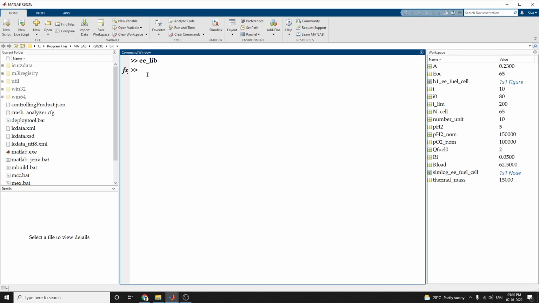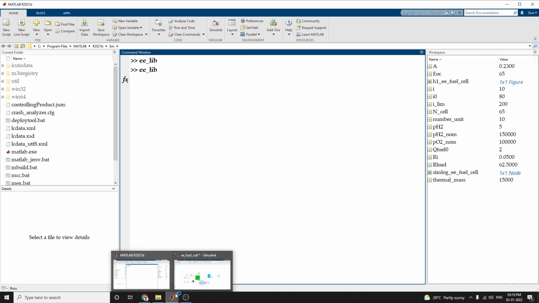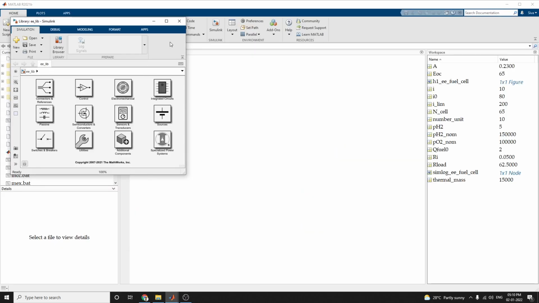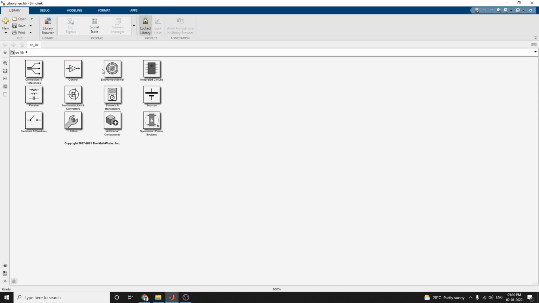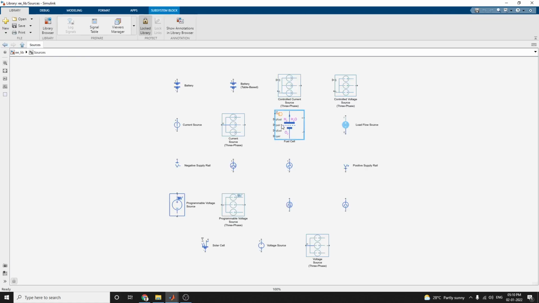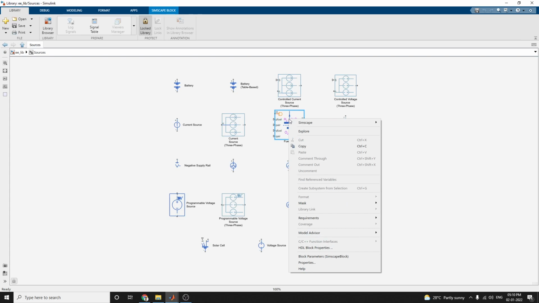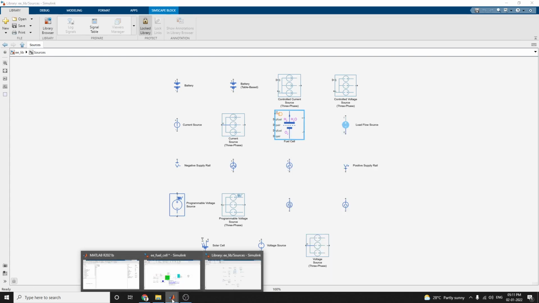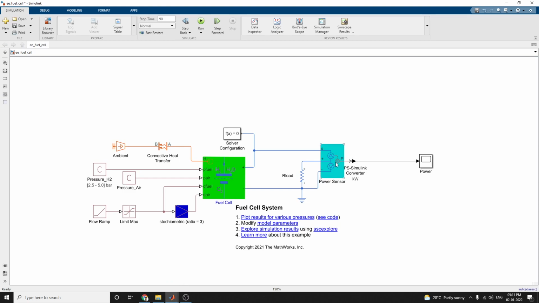Here is how you can get the fuel cell directly. Go to the command prompt and type the command we underscore library. You will get this library. In this library, click on sources. The fuel cell is there. Go to this block, copy it and paste it on the workspace. Similarly, the power sensor